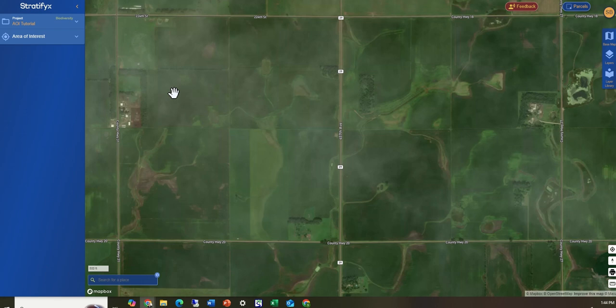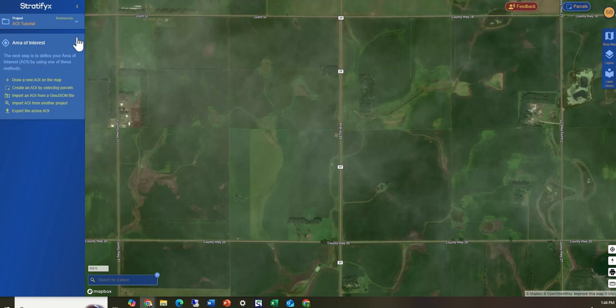In this video, we'll take a look at how to create and edit an area of interest, or an AOI. As you'll see on the left side of our screen is the area of interest drop-down arrow, and this is the default setting for the STRATIFYX user interface. The area of interest menu is always available. So we'll left click and open up the area of interest menu,